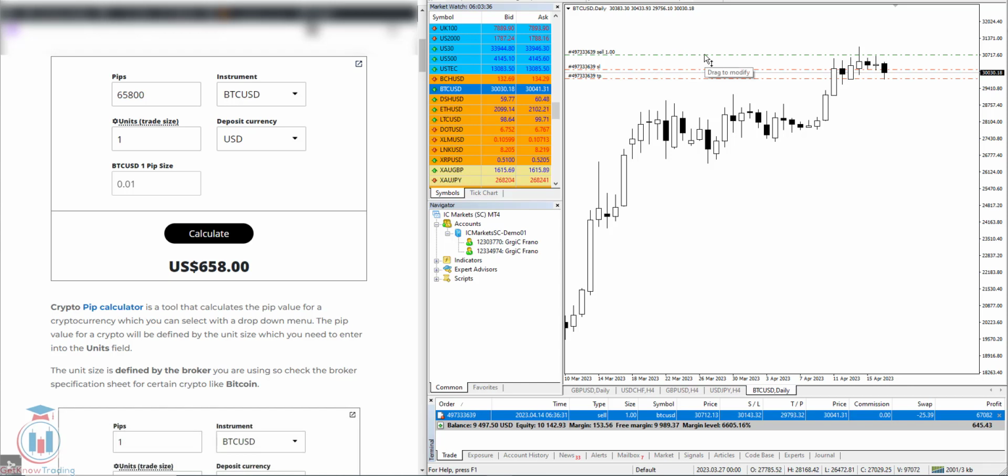Okay. So how do we easily calculate how much money that would be in the deposit currency? If you put here the number of pips, 10,000, that is the stop loss, and calculate, that would be equal to $100. And when you put here 25,000, which would be the take profit, and calculate, you get $250. So when you go to the trading platform and use your mouse to hover over this line, you would get the profit of